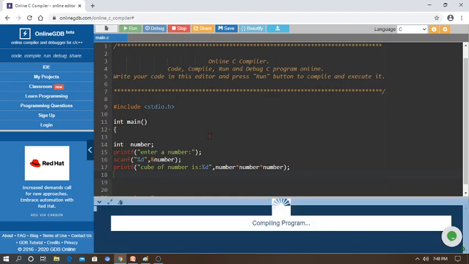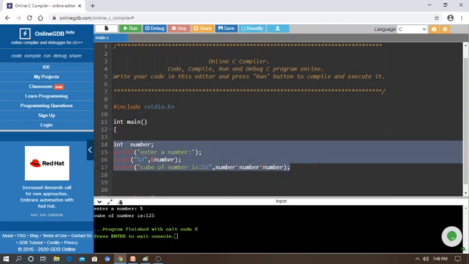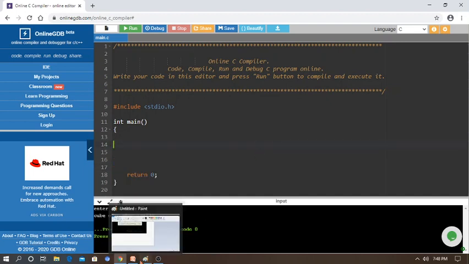Now I am the user, I am going to enter the value of number, I just give 5. If the program is correct, it displays 125. Yeah, successfully executed, displaying 125 here. If you want the square, you can type square and cut one number here. Square means number times number. Try it yourself. Just back to the PPT.